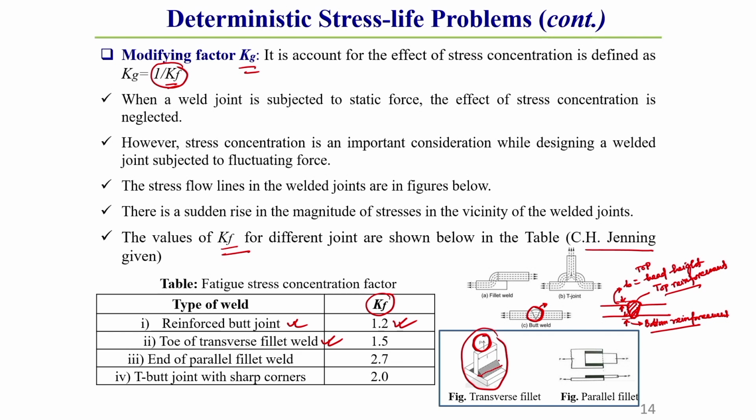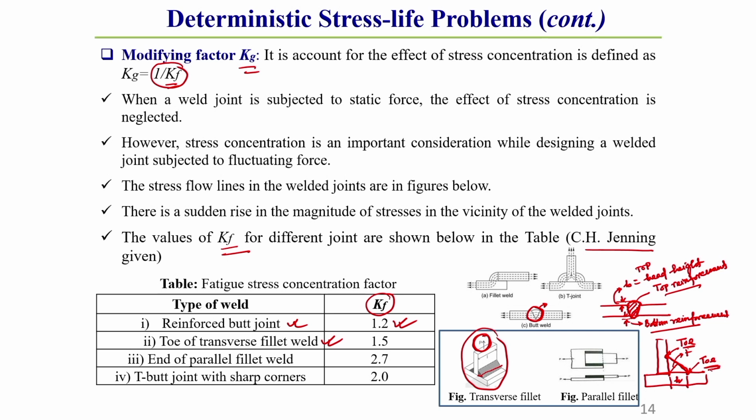So, what is the toe of the fillet? I have already told you. Let us consider this is a T joint. In case of T joint, the fillet weld is almost triangular in shape. From here to here is called leg length, and this is called throat thickness T. This leg length corner point, whatever the corner point is there, is called the toe of the weld. You should keep this in mind. Here I have shown the throat thickness and toe a little bigger.